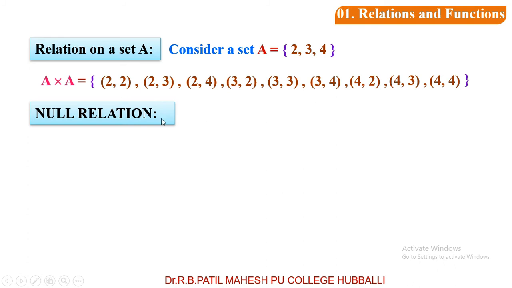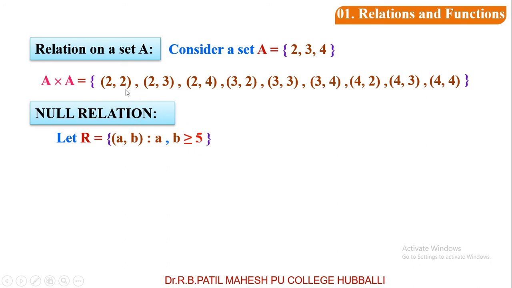The first type of relation, basic type of relation, is null relation or empty relation. The word itself says empty. In the relation R, there are no ordered pairs. Then the relation is called an empty relation. One example I will give you for null relation. Look at the relation R equal to {(a, b) such that a and b are greater than or equal to 5}. Your job is to write the ordered pairs from A cross A, taking that a and b must be greater than or equal to 5.